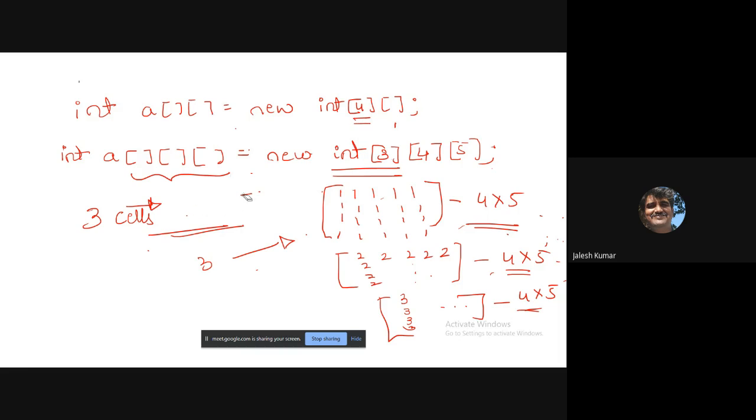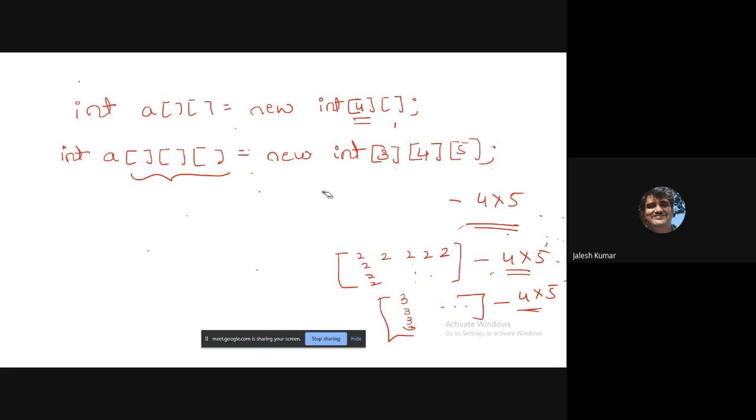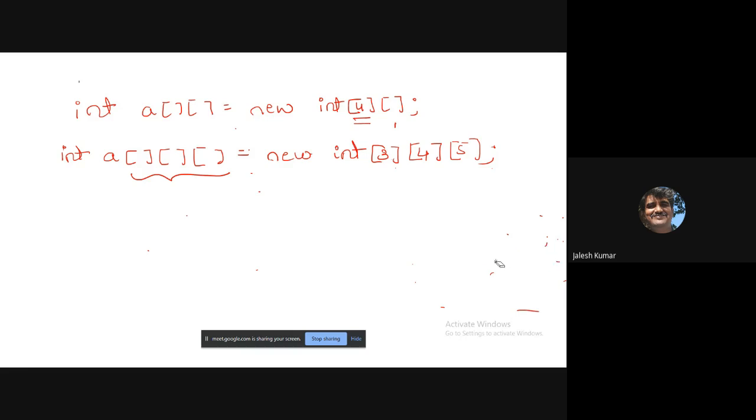You can practice that, and you'll get the knowledge of how this particular display takes place. See, when you are defining three dimensions, this is the meaning: 3 cross 4 cross 5. When it is 3 cross 4 cross 5, the meaning is 3 times a 4 cross 5 matrix. That is the meaning.